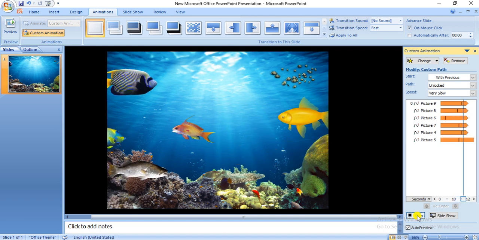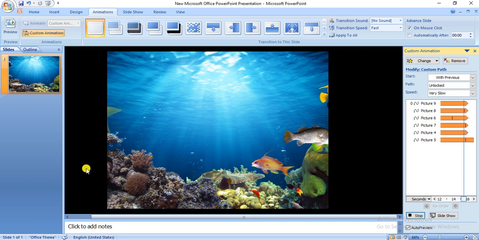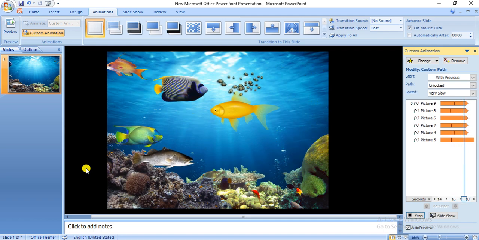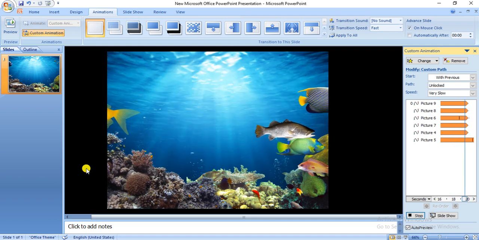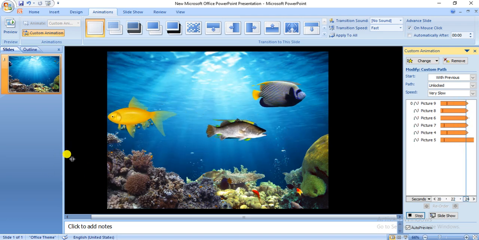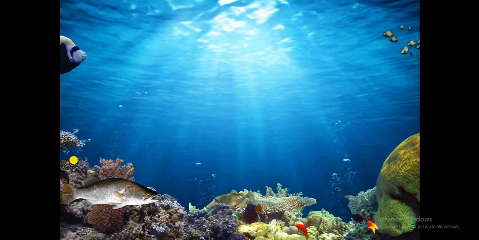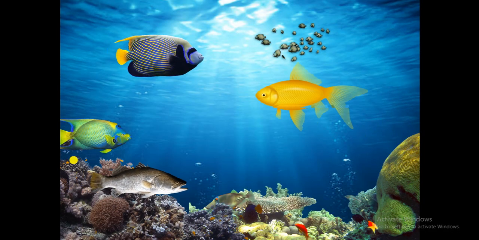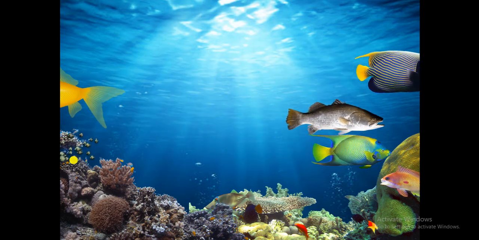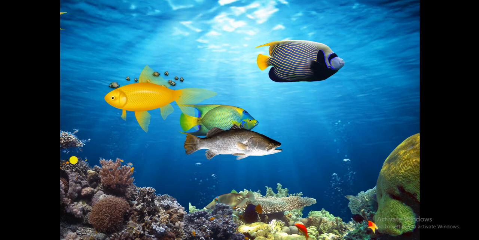yes. So I'll show you the slideshow also of the particular one. So you can see it is repeating again and again after a few seconds. So you can see. So I'll just show you the slideshow of it. Yes, here we are. Wow, it looks so